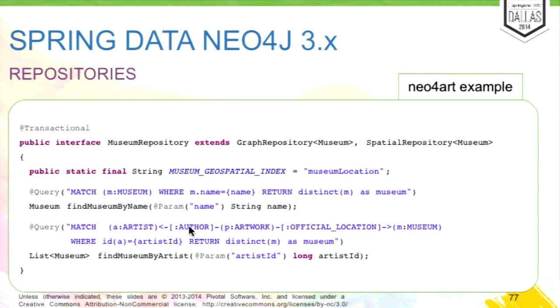And actually, it's quite interesting because if you look at it, you don't even need the query because of the derived finder methods that you could use. I don't know if you put in a slide for that. No? We didn't put in a slide for that. But in general, with a derived finder method like findMuseumByName, you could even leave off the query, and it would generate exactly the same query for you behind the scenes. And for the second query, the derived finder method would be something like findMuseumByArtistArtwork, or artwork artist, and it would also generate the queries behind the scenes for you.